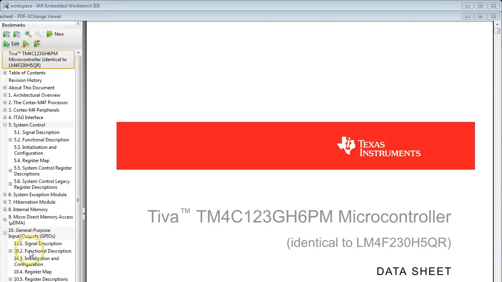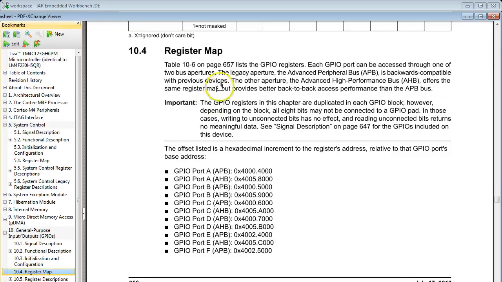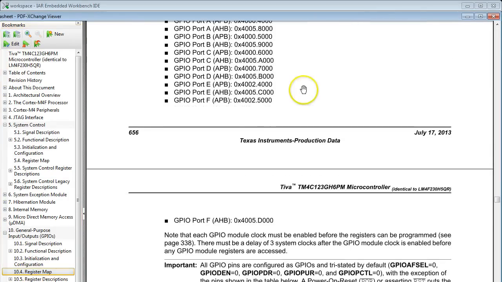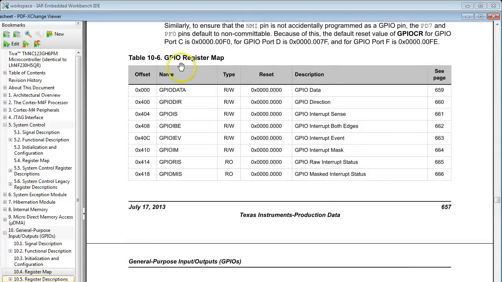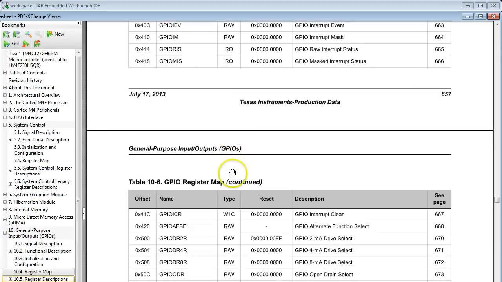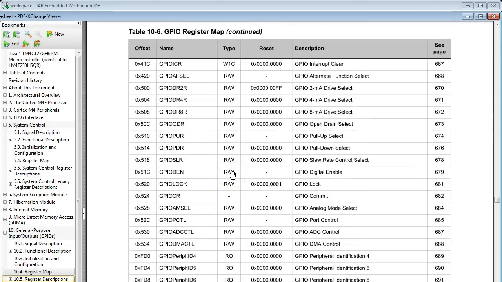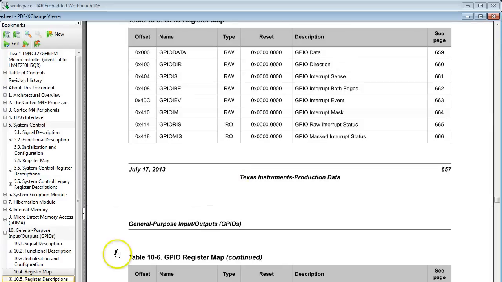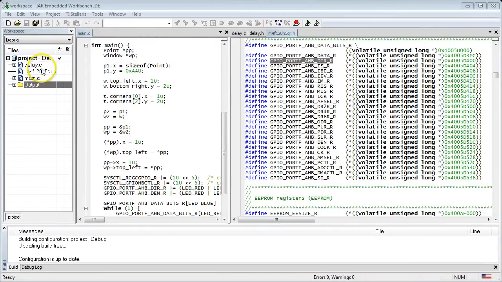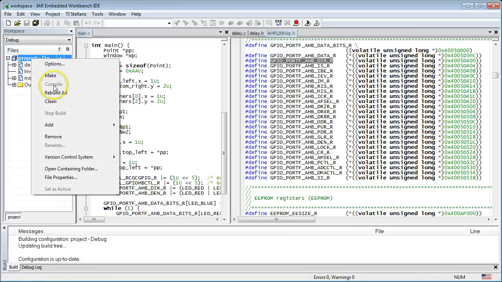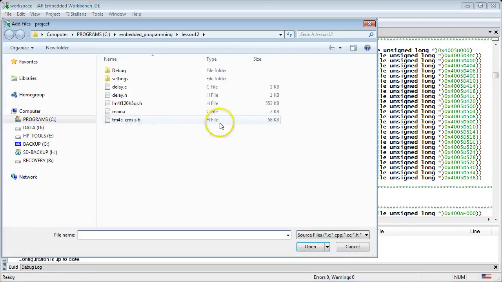For example, in the description of the general purpose input-output block, you can find the section Register Map. As you can see there, all registers within the GPIO block are specified as offsets from the base address of the block. The register map provides thus a blueprint of the GPIO structure in C, because as you recall from the debug session a minute ago, a structure is just a bunch of offsets, one for each of its members. So given the datasheet, I hope you start to see how a C structure for the GPIO block can be written. The good news is that you don't need to do it, because it has already been done by the